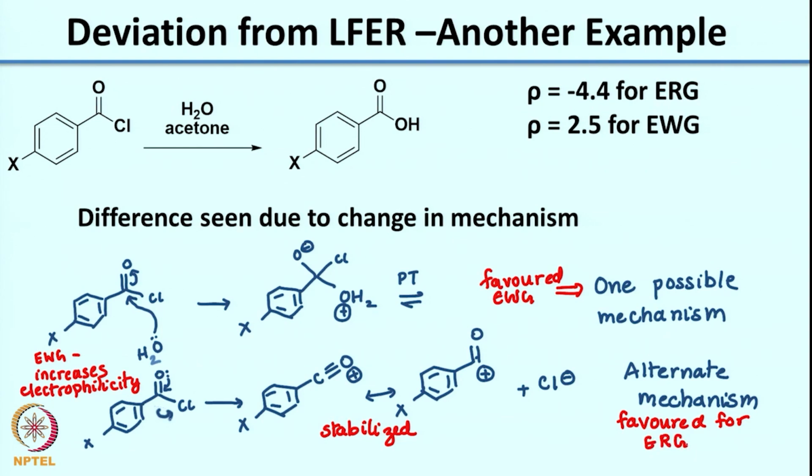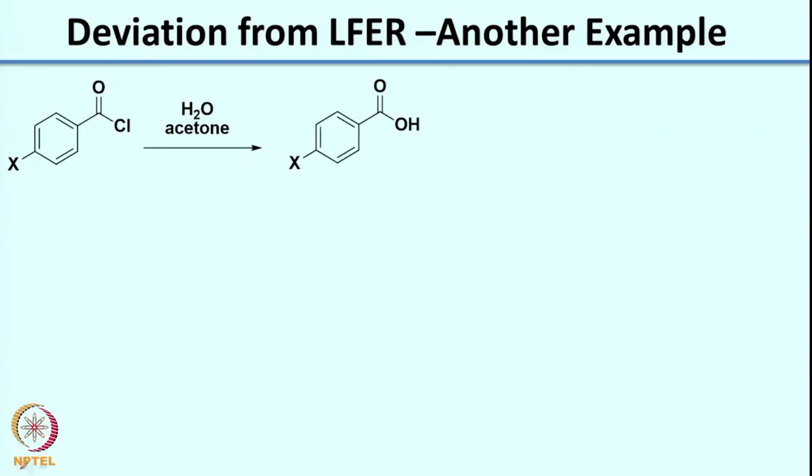So, now that we have these two alternate mechanisms, can you rationalize why you have a rho of minus 4.4 for electron releasing group and rho of 2.5 for electron withdrawing group? In the case of an electron withdrawing group, we are talking about the mechanism where you have water attacking. So, again as I told you earlier, if you have the energy versus reaction coordinate diagram for this,